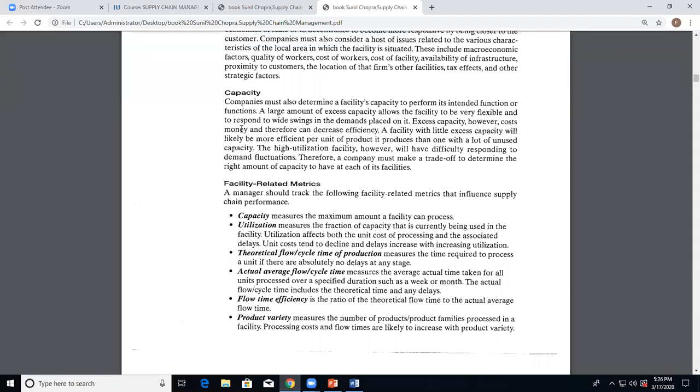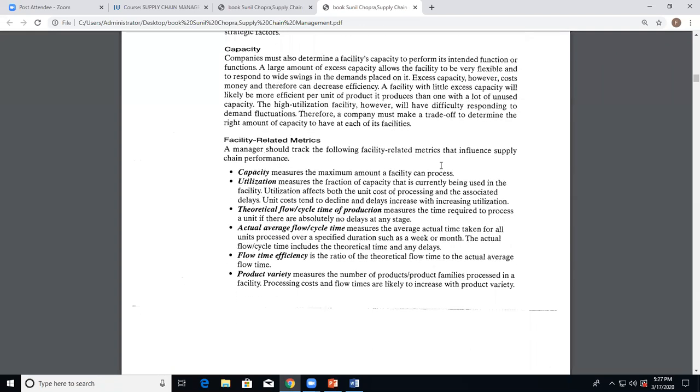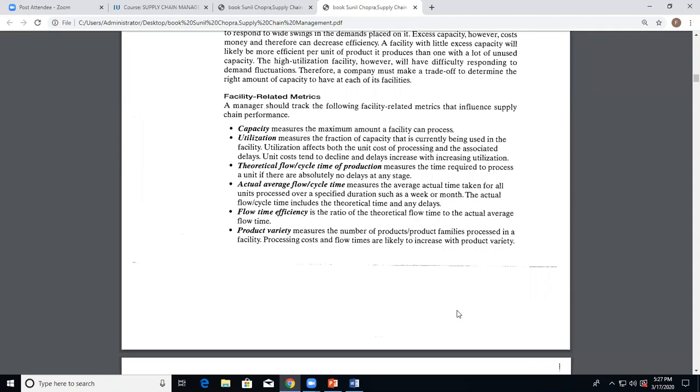A large amount of excess capacity allows the facility to be very flexible and to respond to wide swings in the demand placed on it. देखिए कैपेसिटी क्या होती है, उसकी सलाहियत कि वो कितना प्रोड्यूस कर सकती है, या व्हेन वी टॉक अबाउट द स्टोरेज कैपेसिटी, वो कितना स्टोर कर सकती है। ठीक है, तो कैपेसिटी जो है वो अगर आपकी 100% होगी तो वो आपकी फ्लेक्सिबल नहीं हो सकती, एक्सेस कैपेसिटी होगी तो उसकी कॉस्ट होगी, सो देयर इज अ ट्रेड ऑफ। ठीक है, ये आप देखिएगा। फैसिलिटी रिलेटेड मैट्रिक्स हैं।